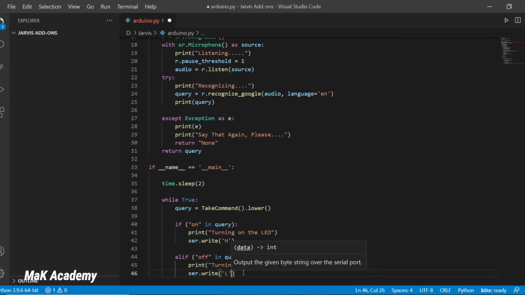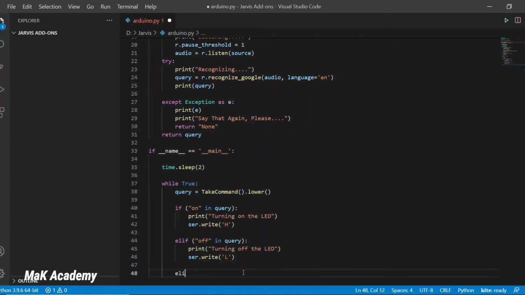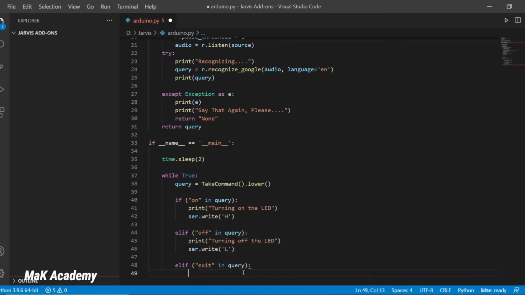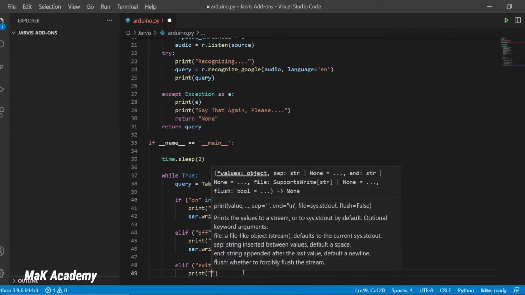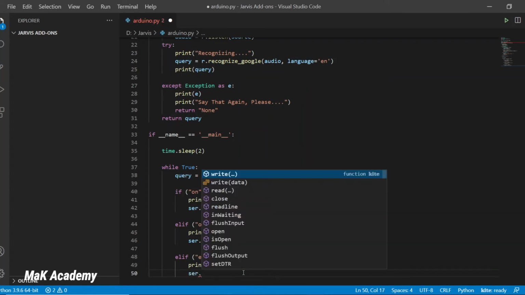Now the last scenario is to exit the program. So for this I will say else if exit in the query. So if exit is in the query, then I want it to print exiting program, and then next to that line, now I want it to turn off the LED if it is on.